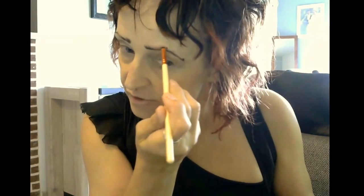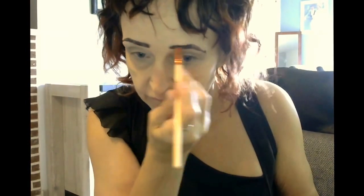But this is actually the normal grow way of your brow. And I know people like it more natural these days, and you gotta mimic hairs, and you gotta do this and you gotta do that, and I just wanna paint them on today, so I paint them on today. And I will take a tiny point